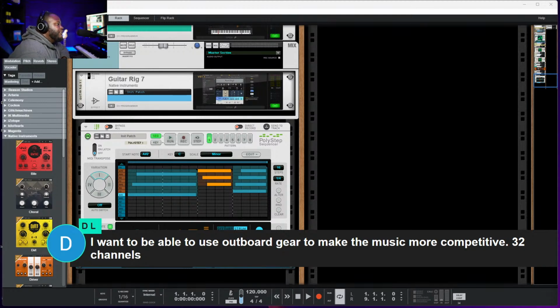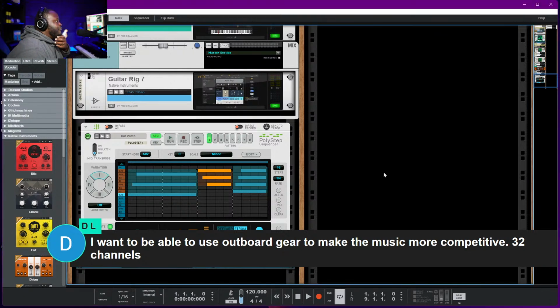So everything that I'm doing here in Reason would technically be coming out of the box. We're not actually doing anything else. Like my microphone is going right into the interface that's coming out into OBS. My music is coming from Reason, the software, going into the interface, coming into the computer through OBS. So everything is, like I said, all out of the box. I don't have any other outboard gear. But as you have more outboard gear, then yes, that would be the reason for why you would